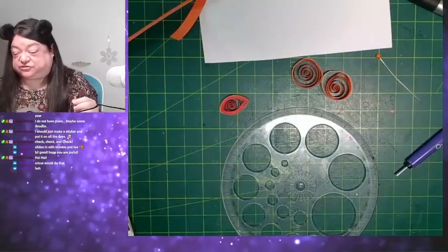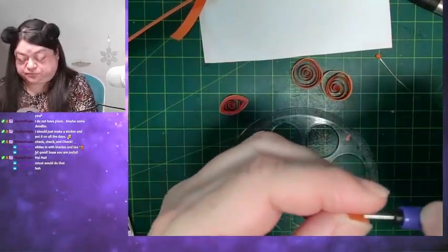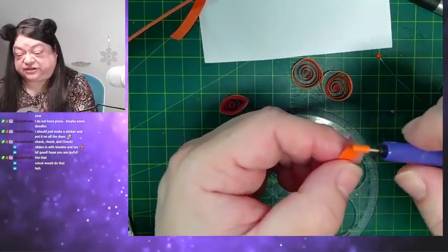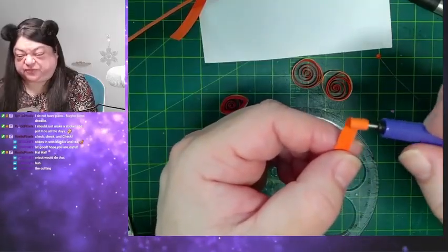Crochet says Cricket would do that. Huh, would do what? Cut out the tiny... Oh, do the little... the line of